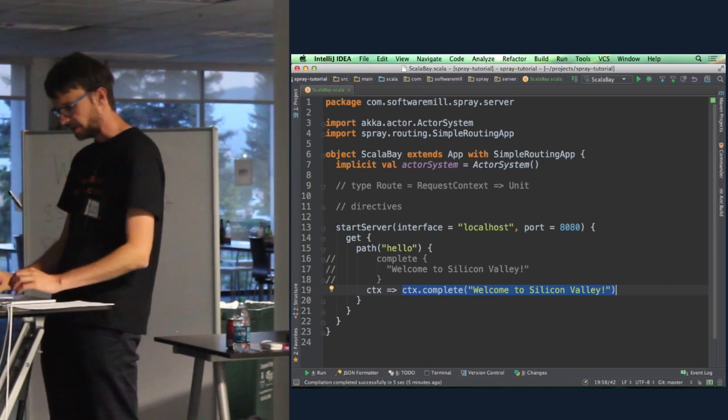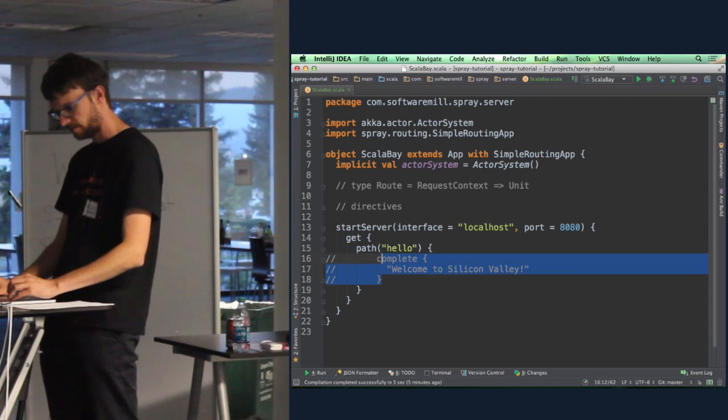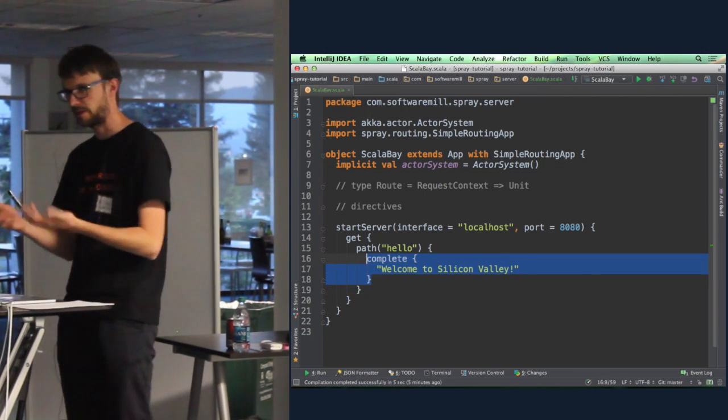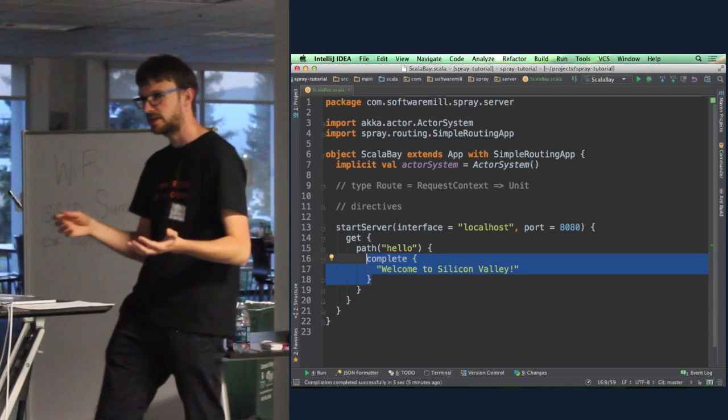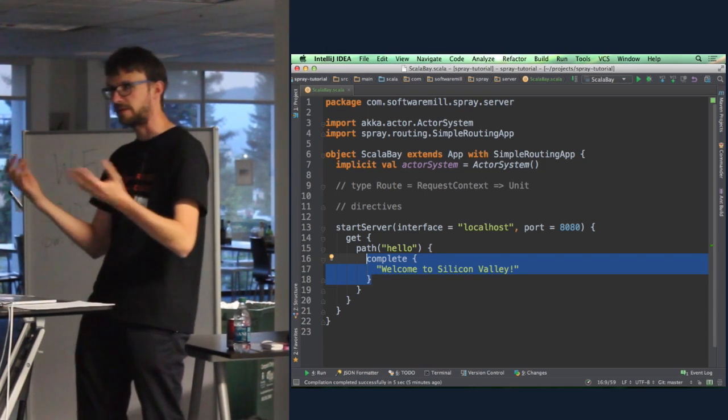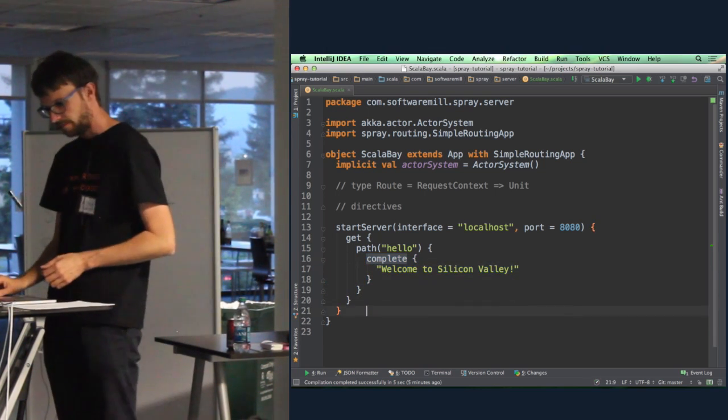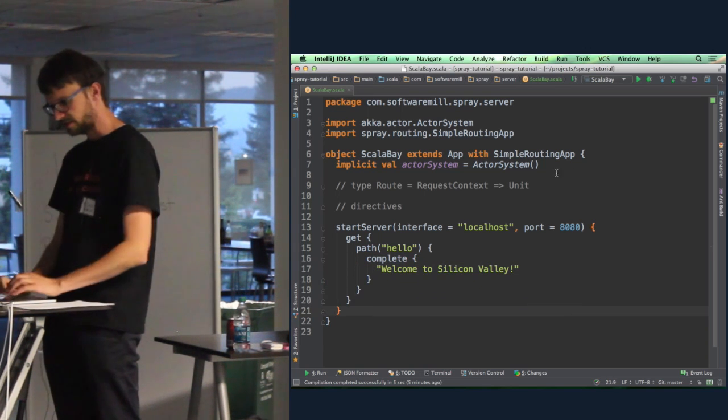So we can write both, right? That's directive style, and the other was a direct route. At any point, we can just take the request context and do anything with it. What is also important here is that